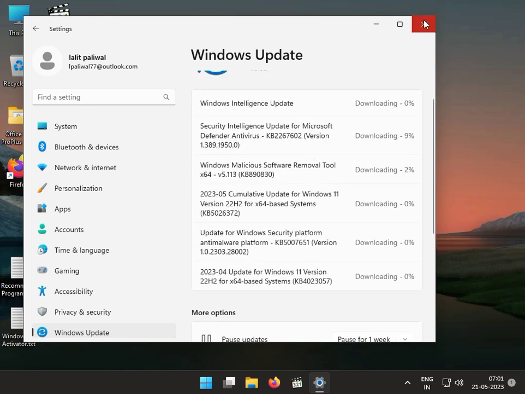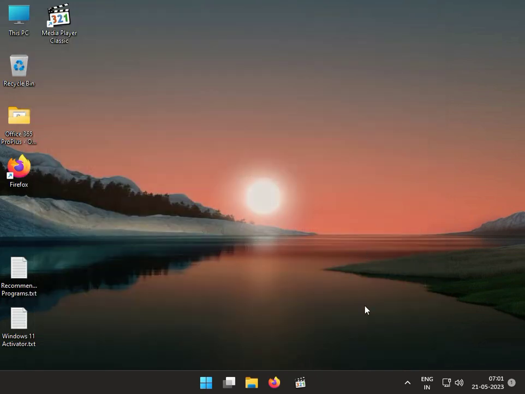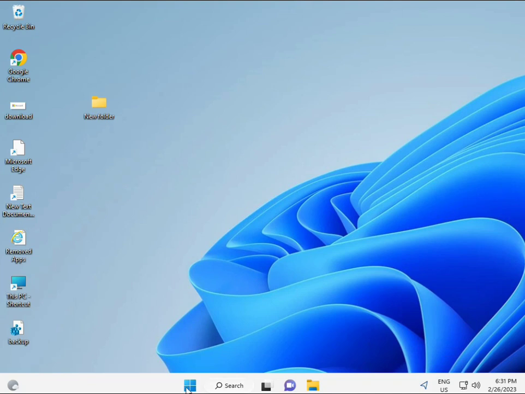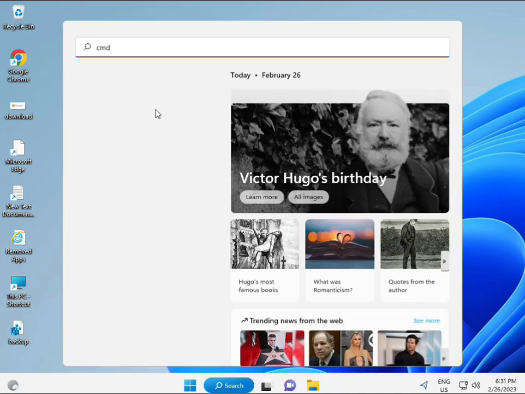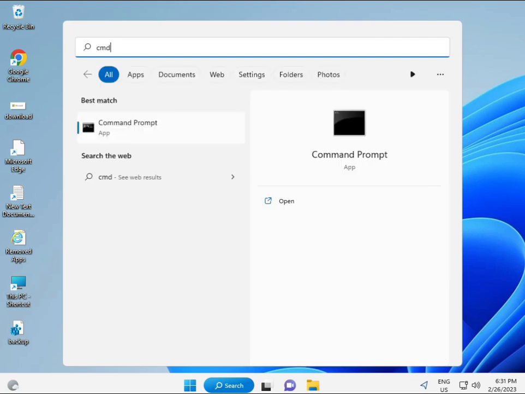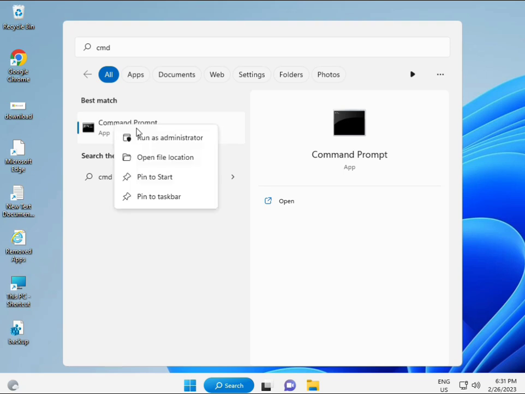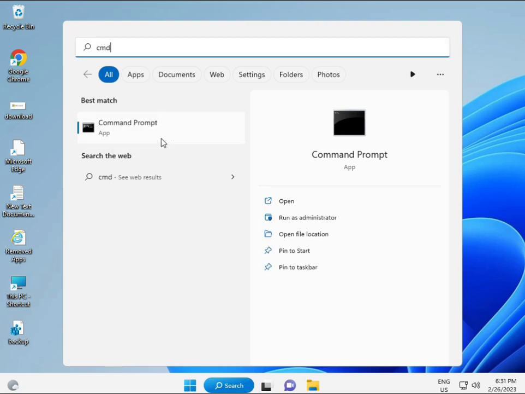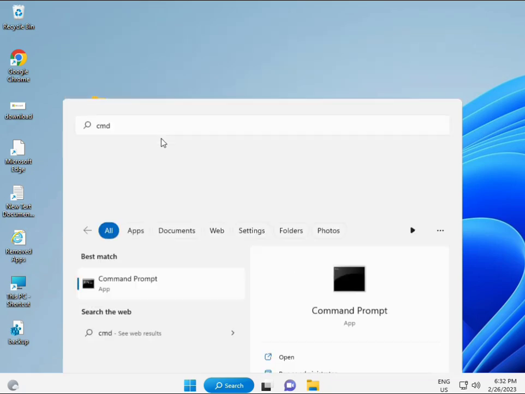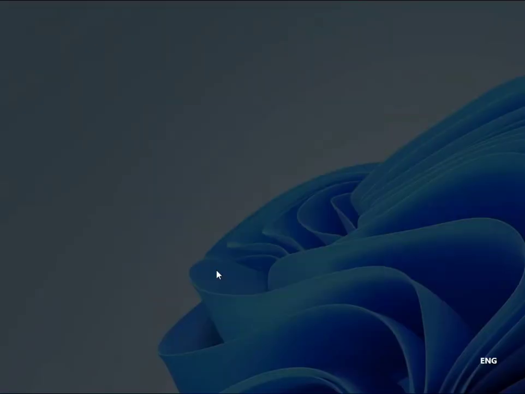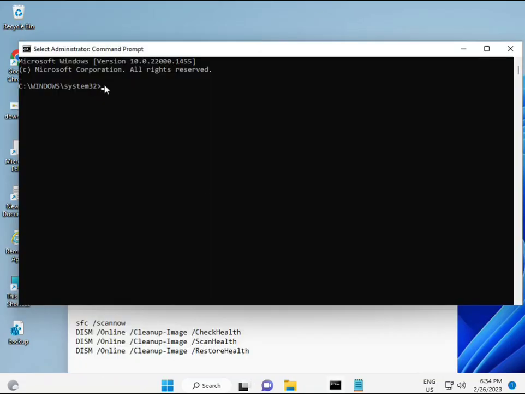and next solutions, then guys click to start button and type cmd and then enter. You can try to run an administrator, right click to run as administrator, so you're giving full permissions. Okay,